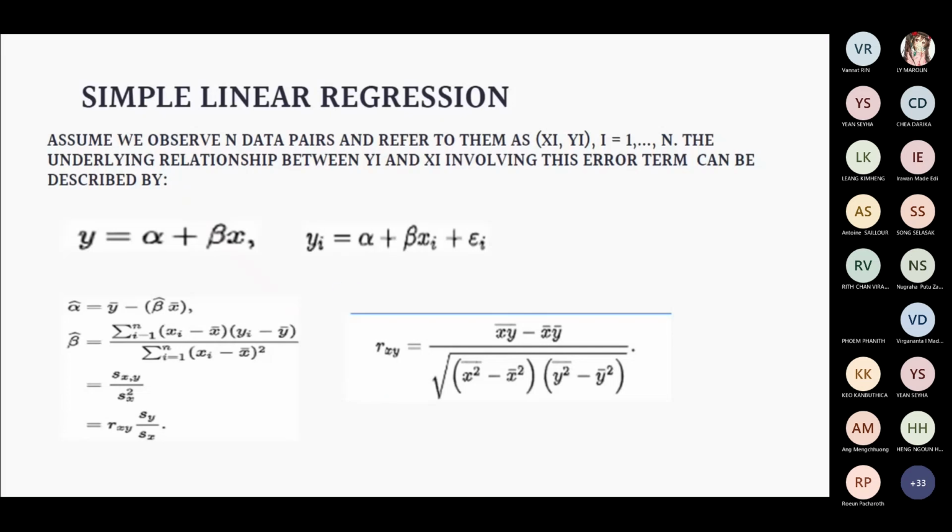When we want to define our beta, we have the equation beta equals r multiplied by sy over sx, where sy is the square root of the sum of y minus the mean of y, squared,